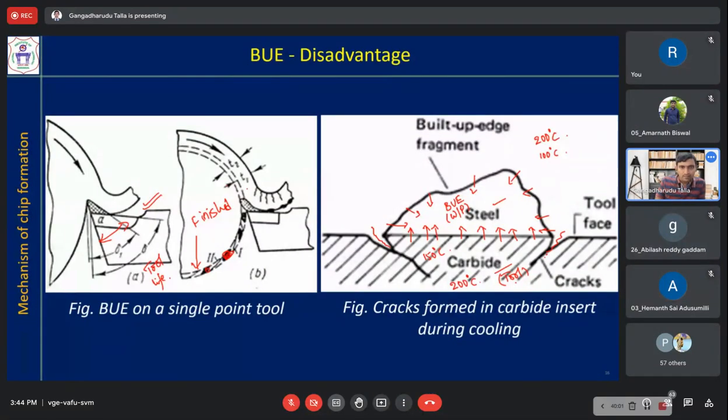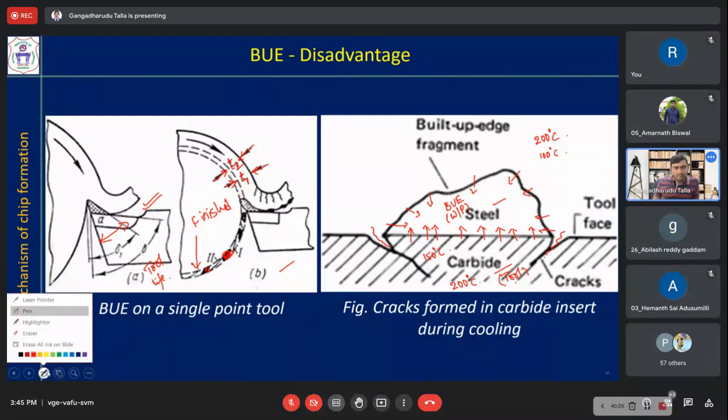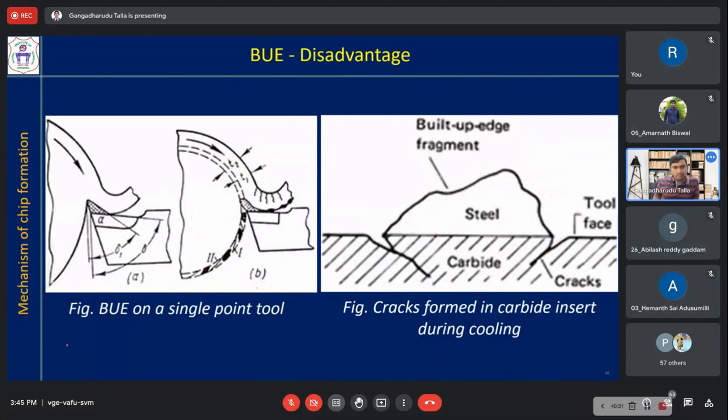So your intention is to get a thickness of T1. That amount of material you want to remove, but effectively due to the built-up edge, you are removing T2 thickness. You are trying to remove more amount of material. So that will also change the dynamics of the machining process. And the accuracy of the machined component will also reduce. Understand? So these are the effects of built-up edge on the machining process and the cutting tool.